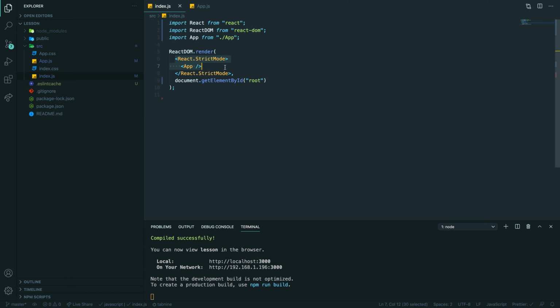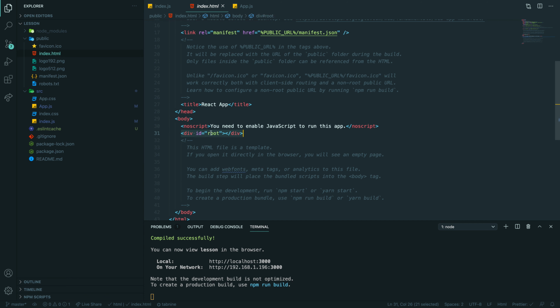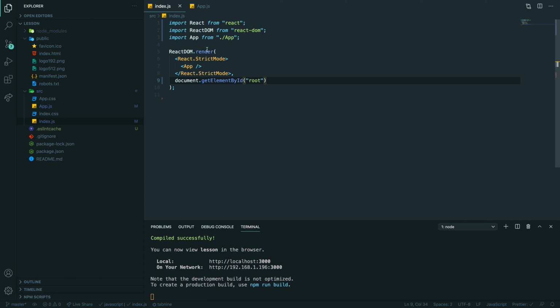You pass in the first parameter, which is the component, and the second is where you want to insert it. Because in the public folder, you have index.html, and this is where it will find the div with ID root and insert the whole application inside this div. But again, when you write in React, you don't touch index.js at all. Maybe once in a project if you need to configure something specifically, but you don't actually write code there.